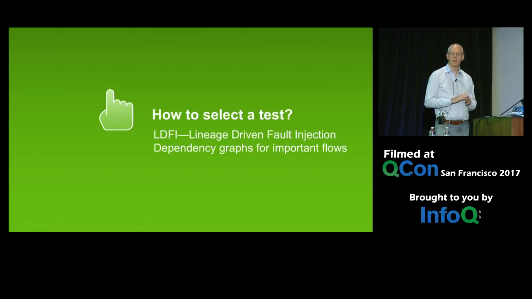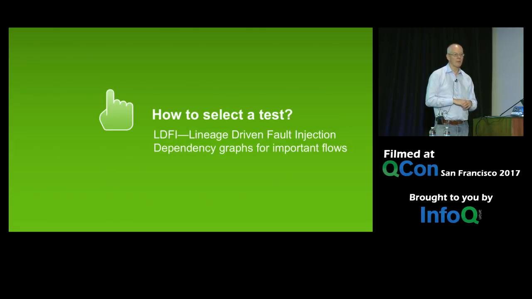It's a really fascinating idea, which is that you trace from your edge the business transactions that matter. Say in Netflix's case, I pushed play, or I'm signing up for a service, the sign-up flow. You just follow the path. This is an important business transaction. What is the lineage of that transaction? What's the dependency chain? And you work your way through that chain, injecting faults in a way that makes sure that business transaction is going to work.